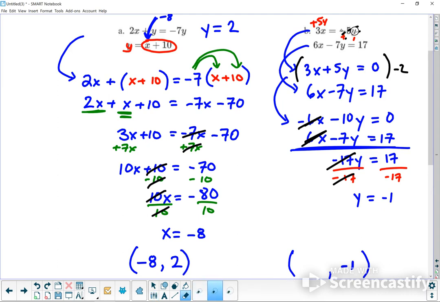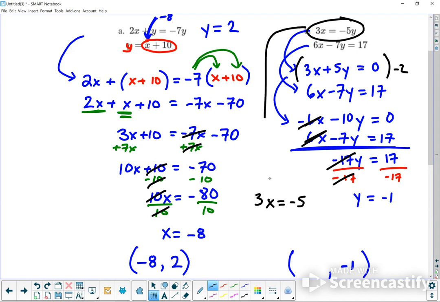Well, you can go back to your original equations. Okay, so I think the top one's probably easier. So I'm going to go ahead and use the top one. Okay, I'm going to write it down here. 3x equals negative 5, and then the y is negative 1. So I'm copying this equation down. So 3x equals negative 5, and then instead of y, I'm going to write down negative 1. So I get 3x equals, and then you got to figure out negative 5 times negative 1 is 5. And then you're going to go ahead and get rid of that 3 by dividing by 3. That should cancel. And we get x equals 5 over 3. So that's your